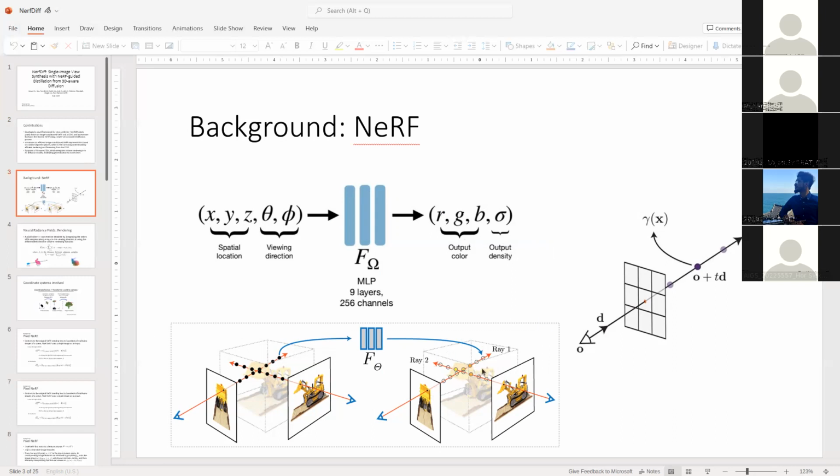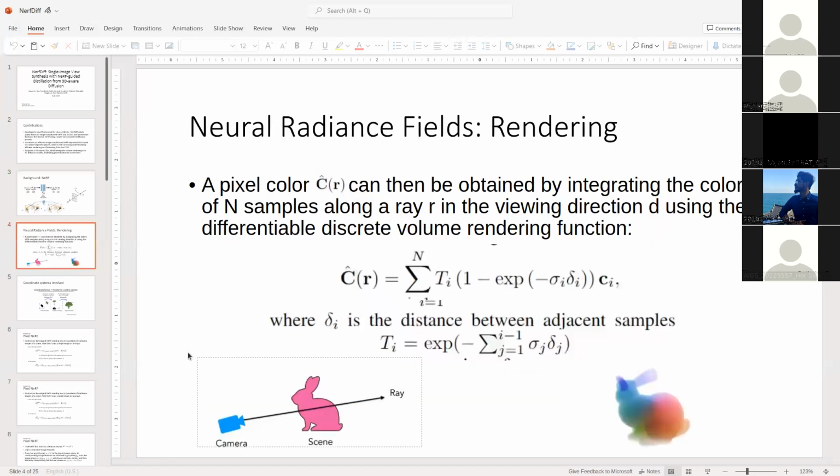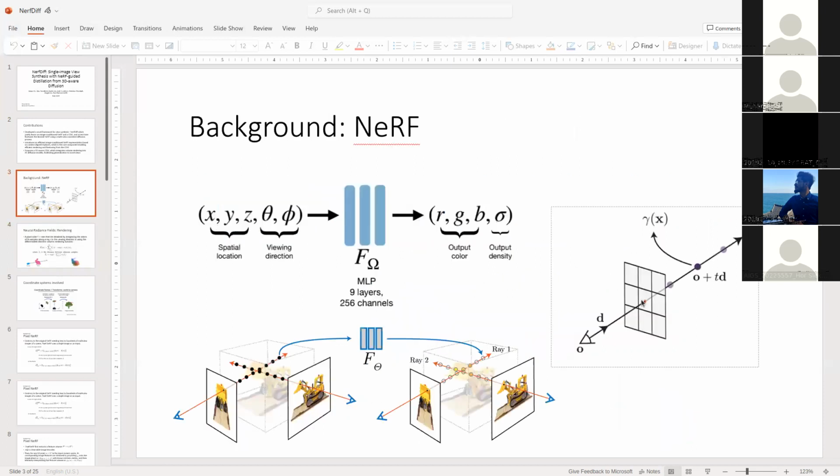When we have the color value and the volume density of particular 3D points, for multiple points along a ray, we can use this particular formula to integrate over all the coordinates that we queried along the ray, and get the color that we are going to see in that particular